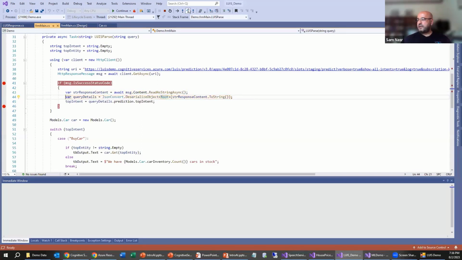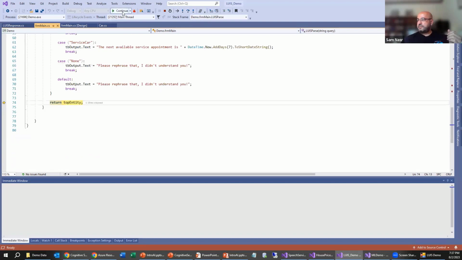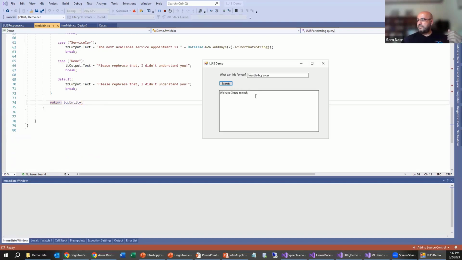It's going to deserialize that JSON that came back, and it's going to look at the topmost intent. And when we do a switch on it, we find out that it is buy car. No surprise, right? And then we display, we have X number of cars in stock. And we display that to the user. Okay, we say we have 3 cars in stock.